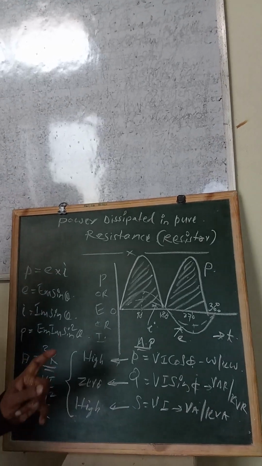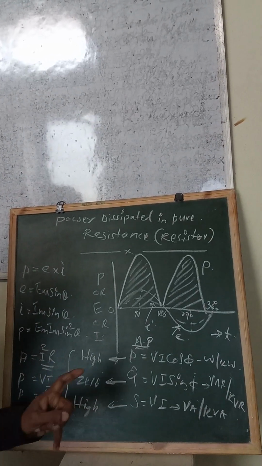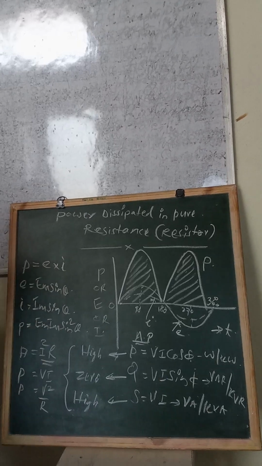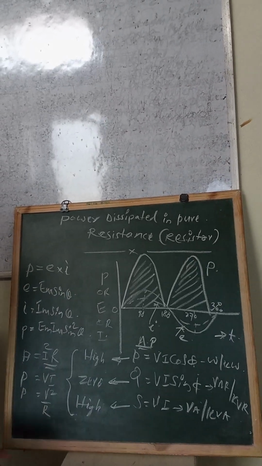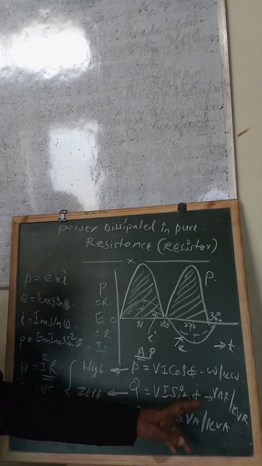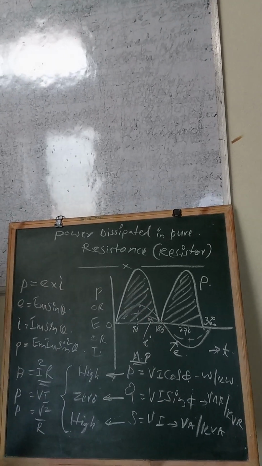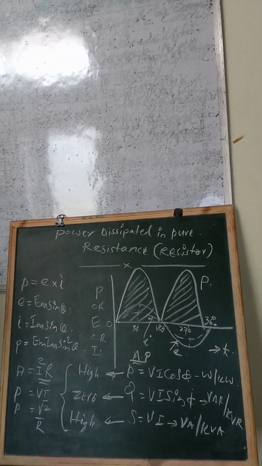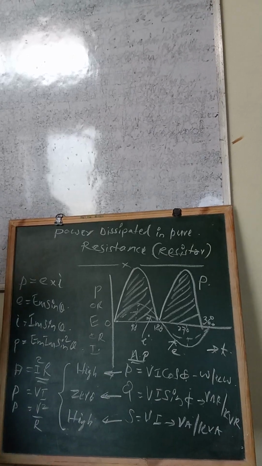But you know that if the phase angle is 0 degrees, sin 0 is 0, and 0 multiplied by anything will be 0. It means the reactive power will be 0 in the case of a pure resistance. There is no reactive power in the case of resistance. And here